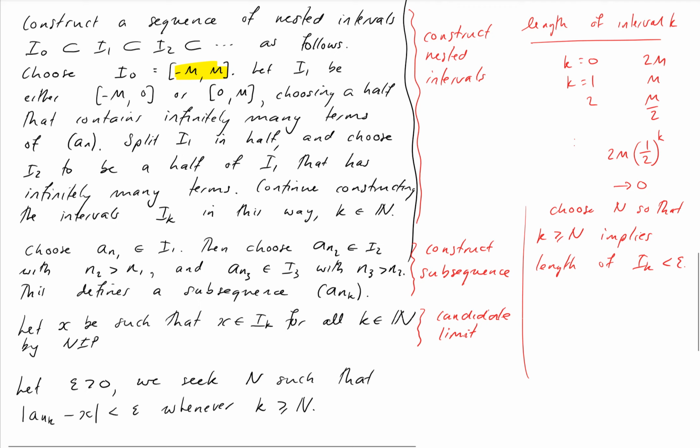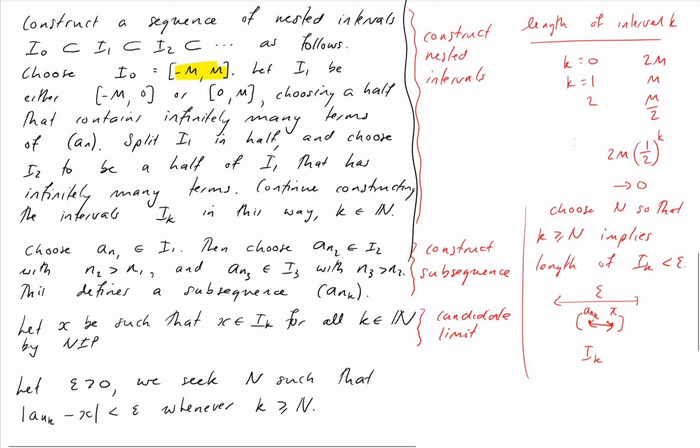I'm not even going to try and figure it out in terms of the powers of 2 and things like that. Just going to use the fact that the length of the interval is a convergent sequence. So I can choose n so that my interval length is as small as I want it to be. Why would I want to do that? Well, if my interval is smaller than epsilon, so here's Ik, maybe this is epsilon, distance along here, then it's definitely the case, remember a n k is just a point inside that interval, and so too is x. This distance here is guaranteed to be less than epsilon if I choose my n this way.